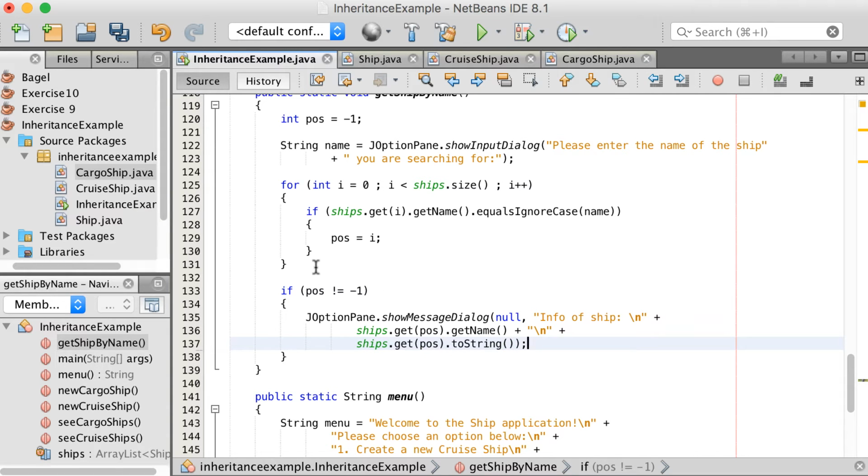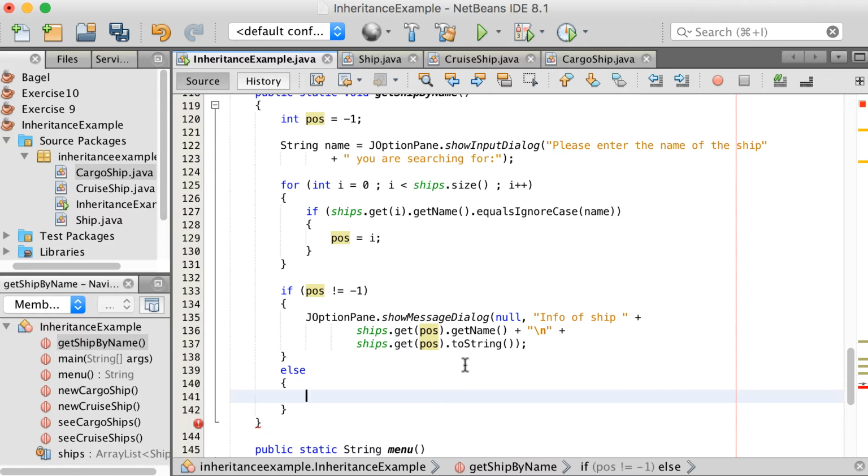Okay, so basically if the position is not -1, it means that we found that ship. Let's just say info of ship, and then show the name of the ship, then go to a new line, and then have the toString method. Okay, so if the position is not -1, we found it, we print it out to the screen. The else then will be if that one has not been found, we can just show a JOptionPane again, dot showMessageDialog,